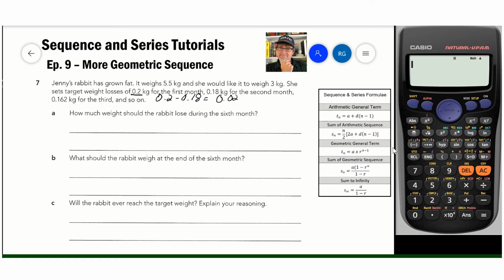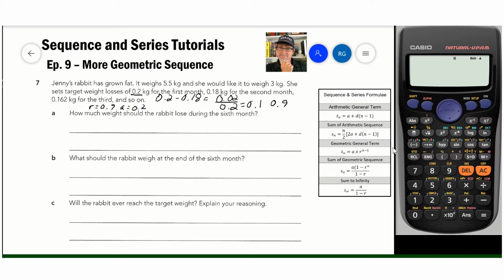So it reduces by 0.02, and 0.02 out of 0.2 is 0.1. So if it's losing 0.1 of its weight, that means 0.9 of its weight is remaining. So that means our common ratio is 0.9. So we've got r equals 0.9, and we've got an a of 0.2,